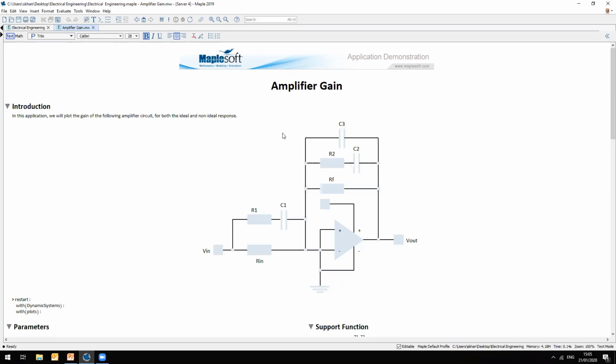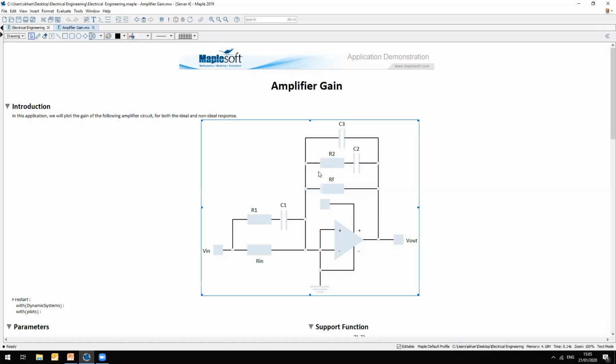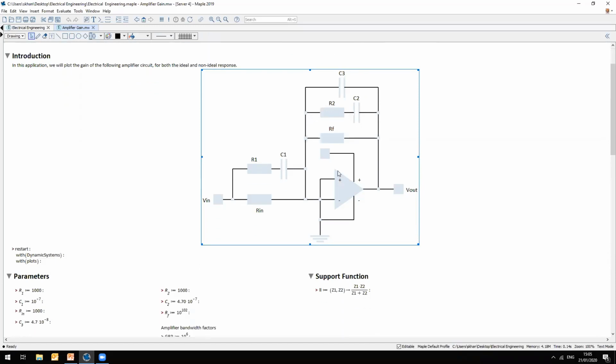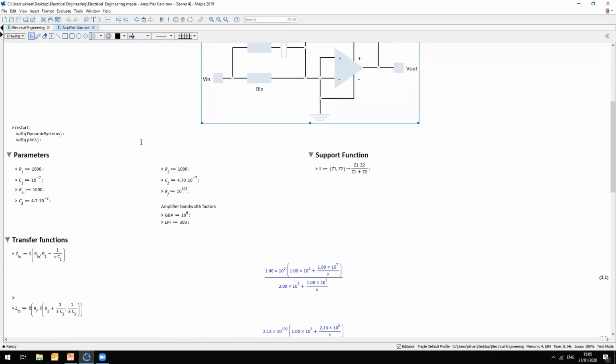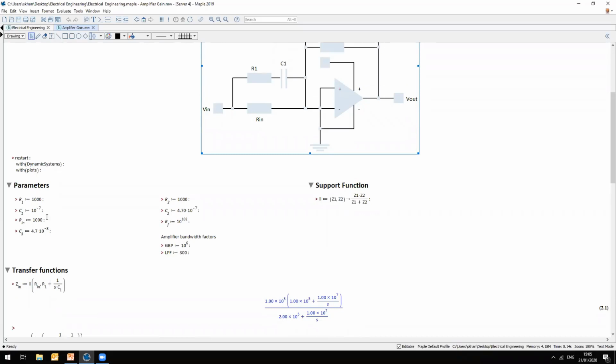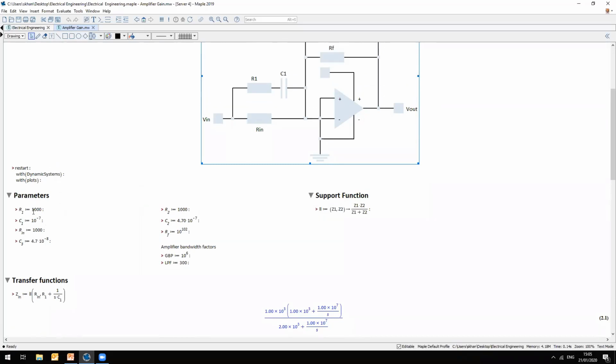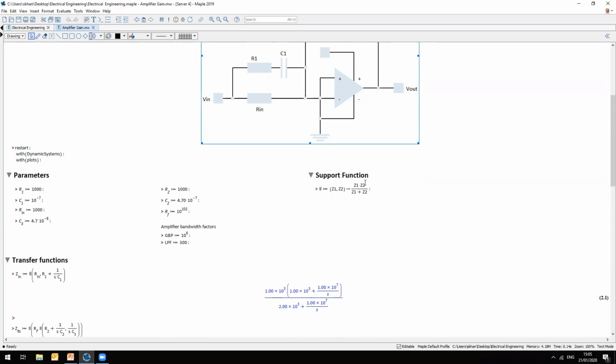So let's look at this application. First of all, let's just see what's in here. We have a title, a description, and a diagram of the problem. This was simply copied and pasted in from another application. Looks like I have some parameters here, obviously some resistances and some capacitances. I have a support function here,